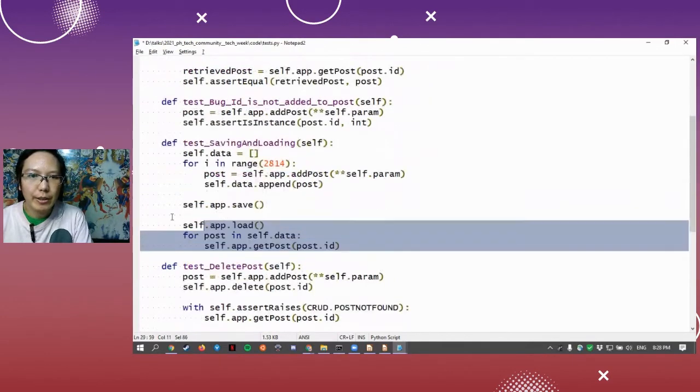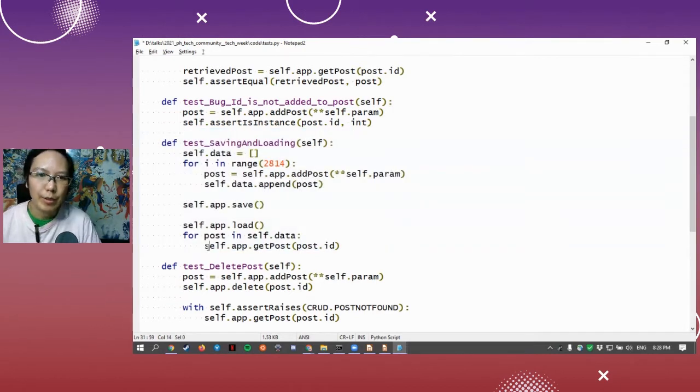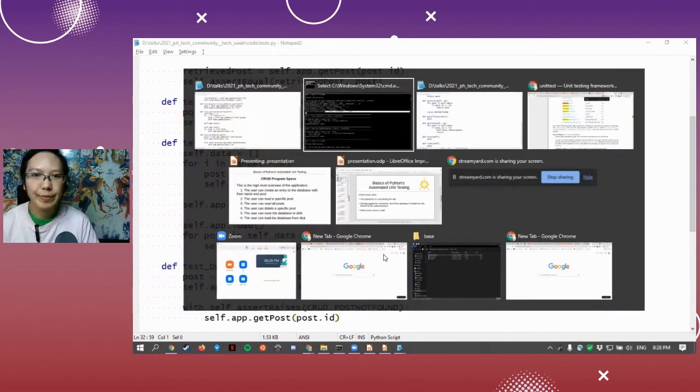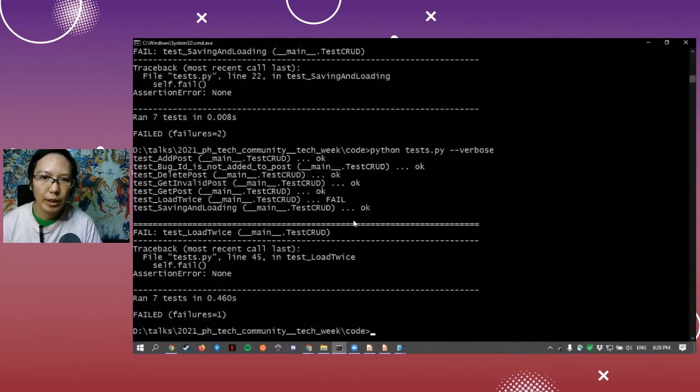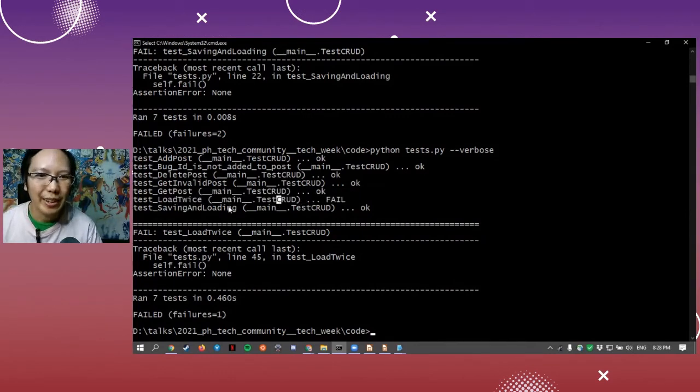Sorry about that. So we have a list of data, 2,814. The fun thing about computers is they don't care how many times you made them do things, they would still do it regardless. We save, we load, and then we double check. Okay, we just did the post and made sure that we do not raise any post not found. And it failed. No, sorry. It succeeds,